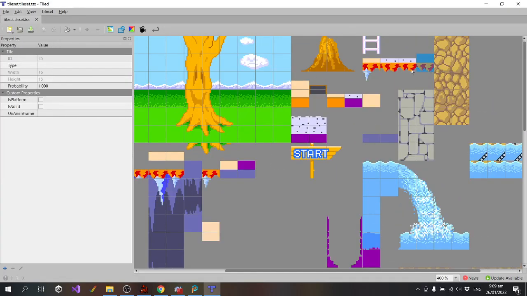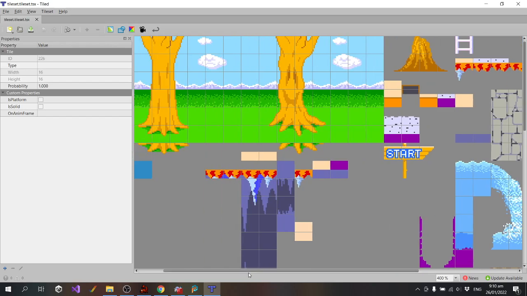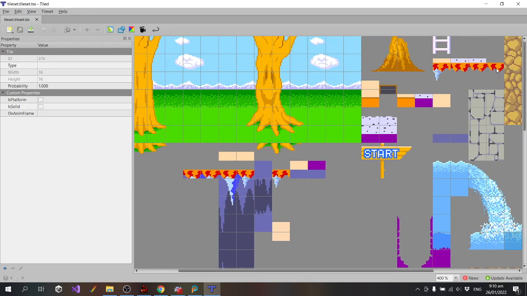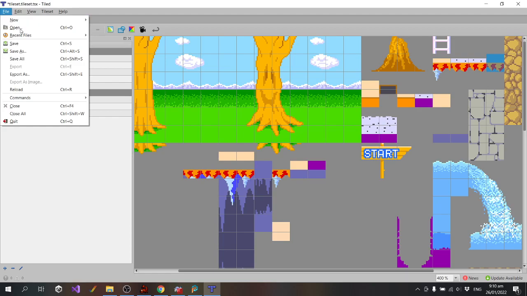And this block here, how do I... is solid? Yeah, I guess I'll use it as solid rather than as platform.